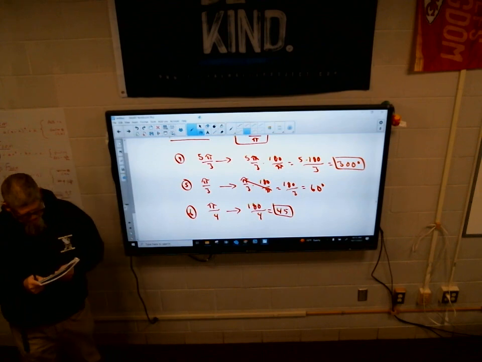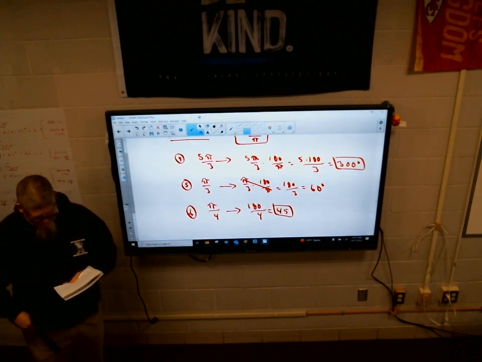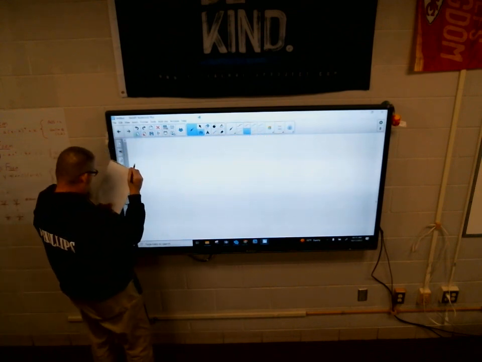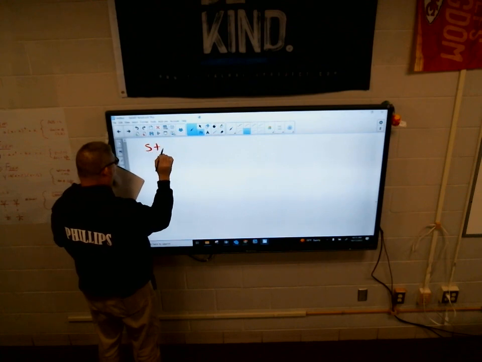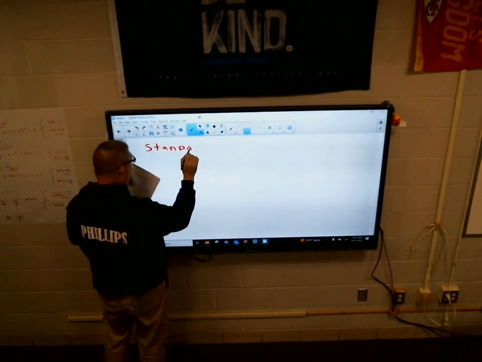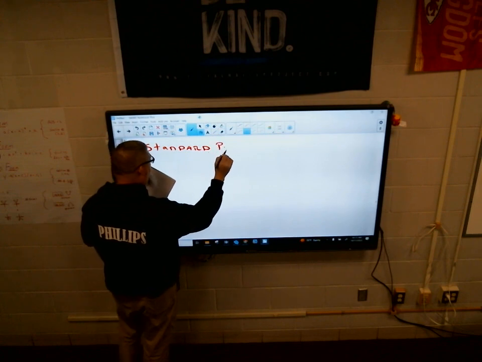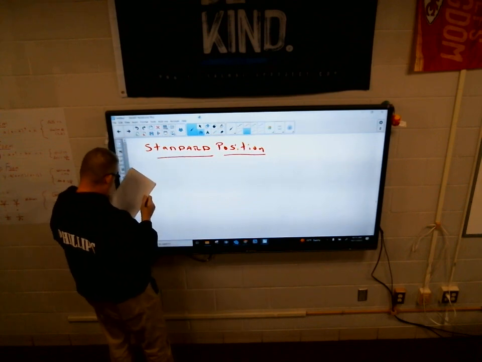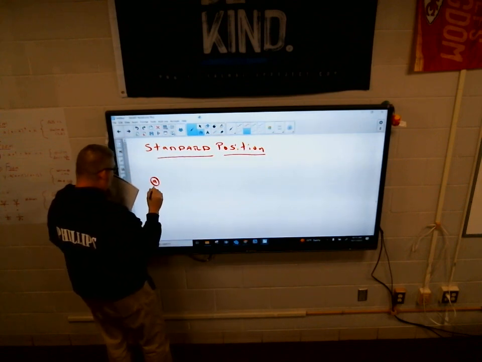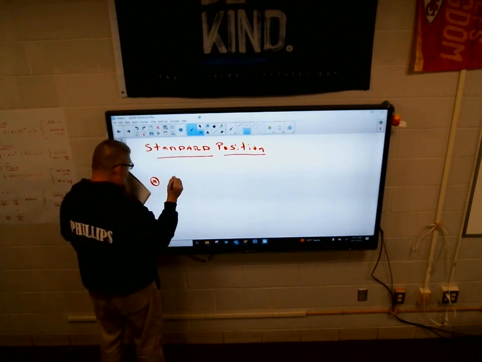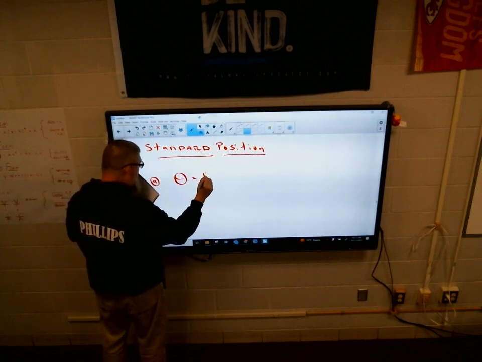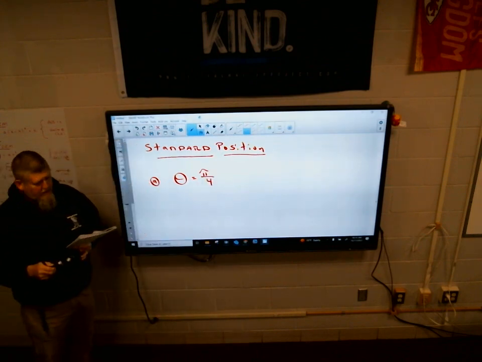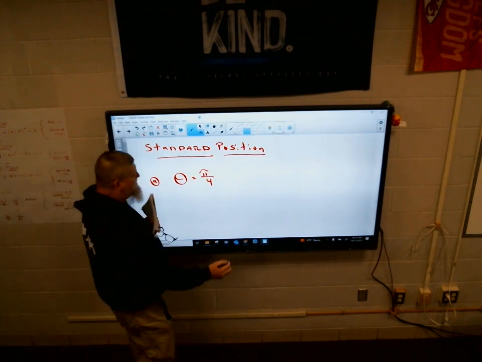All right. So let's look at some equations in standard position. Let's look at some angles. If you remember standard position, I'm going to give you four to look at. So let's look at A. I'm just going to start notating this way. Theta equals pi over 4. Pi over 4. Okay, so if I was to put that in standard position,